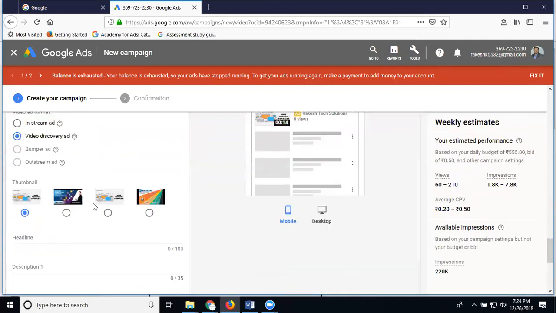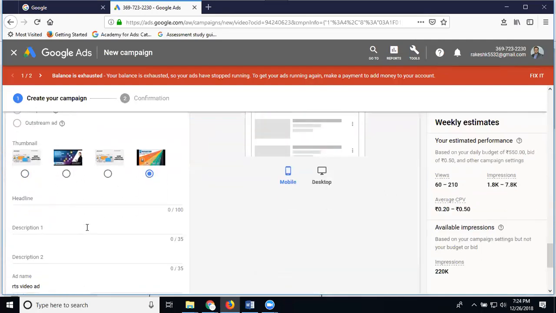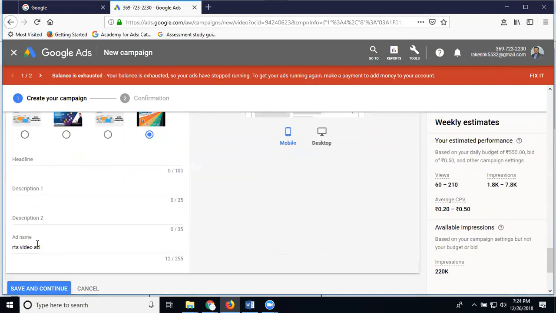Just scroll down. Showing for images. Select image. What are you changing? Headline, description 1, description 2, and your ad name. Change here.